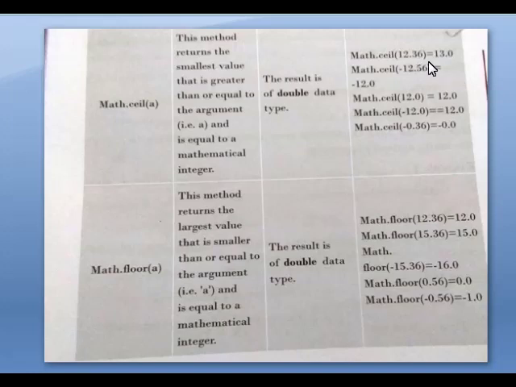See, after the decimal point the value is 3, then also it is incrementing the value by 1. Here you see minus 12.56 is there but it is a negative value, so it will not increment the value, so it rounds the value as minus 12.0. If after the point the 0 is there, we are not going to increment any value, it will be as it is. So Math.ceil of 12.0 means 12.0. Math.ceil of minus 0.3 means minus 0.0.